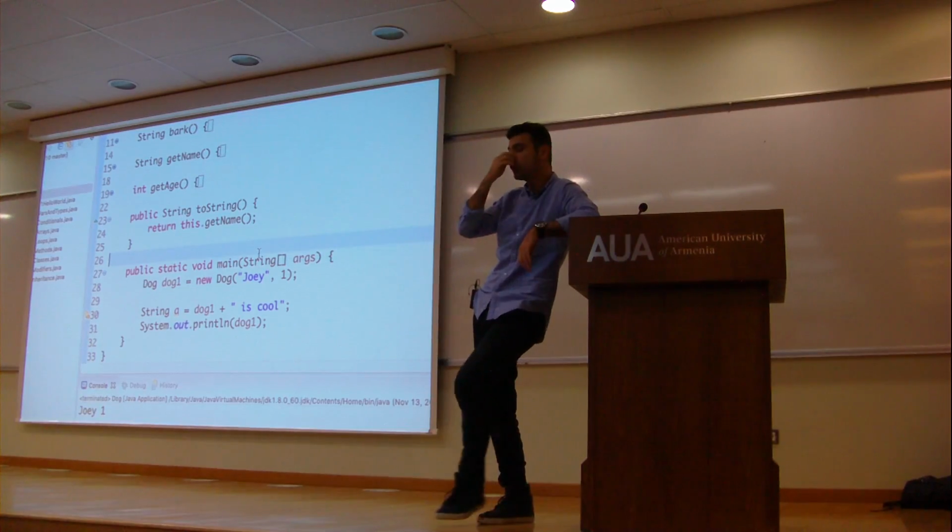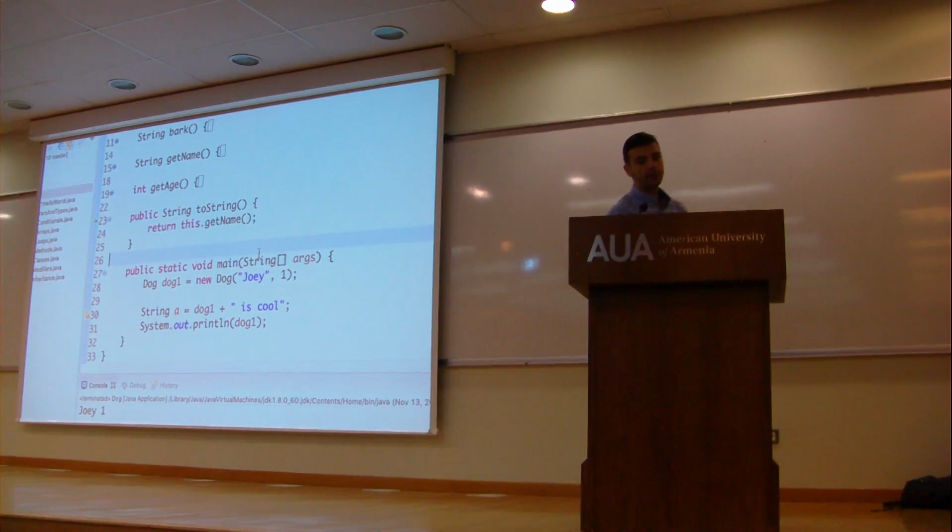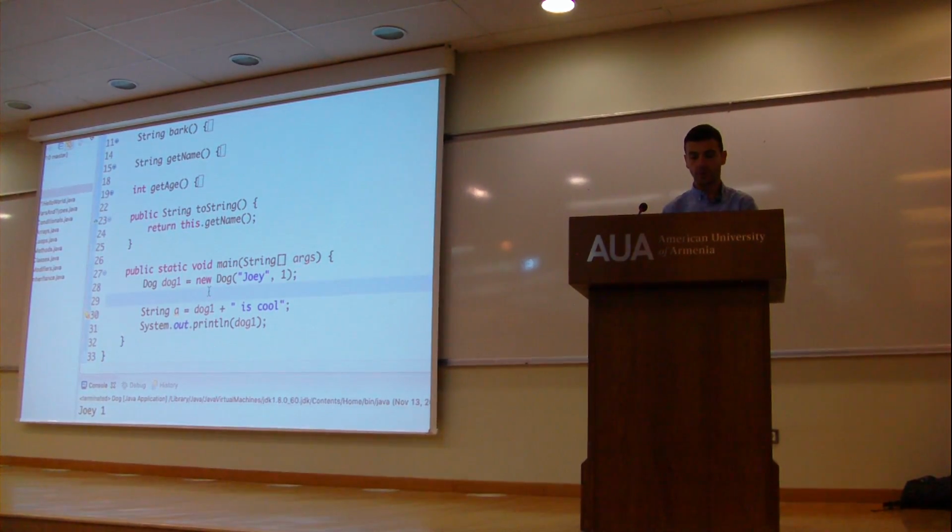Now, if your question was, why have a getAge if you can simply do this, dog.age? Why have this function getAge? Isn't that redundant? Why have that? Sorry, dog1.getAge. This is exactly equal to dog1.age right now. If I turn this into a boolean,